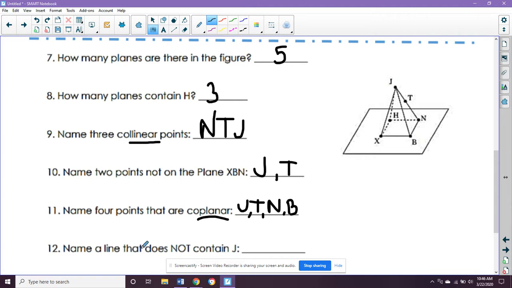And then the last question, name a line that does not contain J. So J is all the way up here. So this line contains it. All the ones coming straight down contain J. So we need one on the bottom here. So we could do HN, NB, BX, or XH. Let's do our last one. I said XH. We're naming a line. So line XH, we do not want errors because this is a line